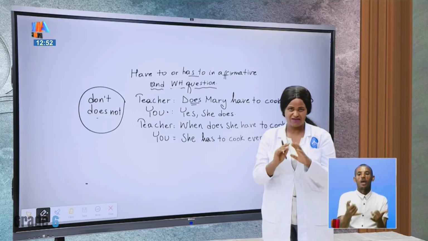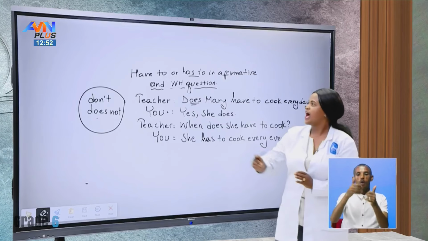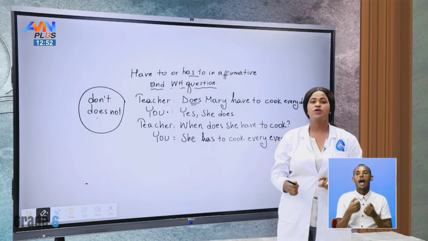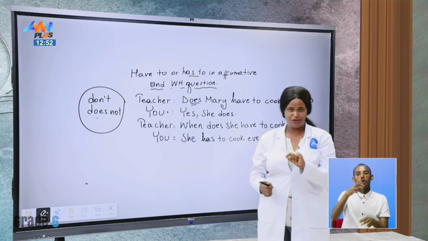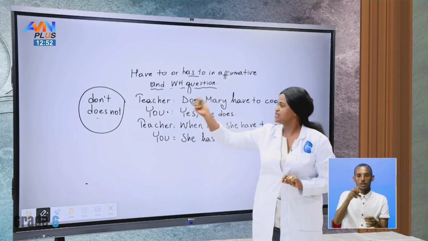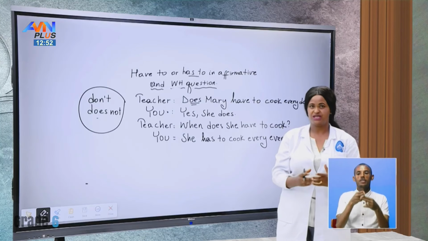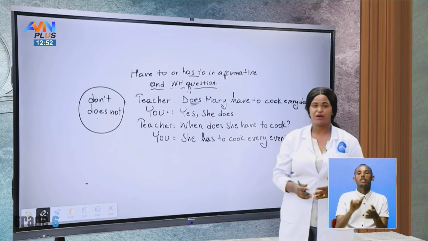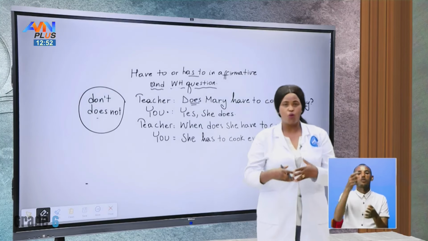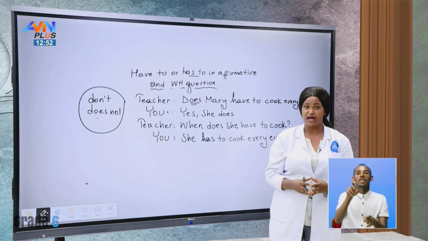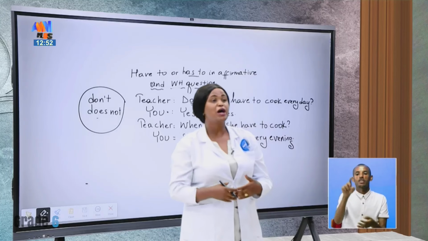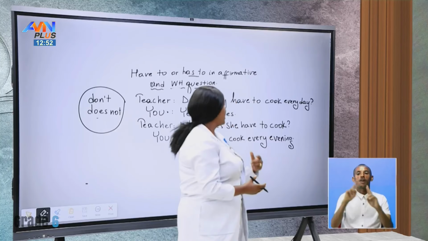Now, let's try to remember what we have seen today. Today, we have discussed how to use have to and has to, those who help us to express necessity, with yes or no and WH questions, right? And the WH questions, as we have mentioned them, are questions that seek for explanation. For example, if you say why, you are asking for a reason. When, you are asking for a time, yeah? And if you say where, you are asking for a place, yeah? Very good.